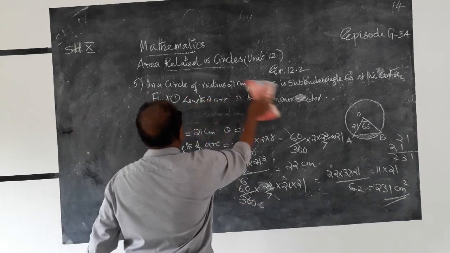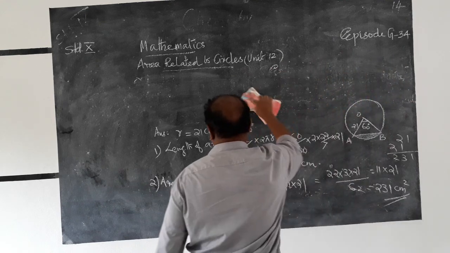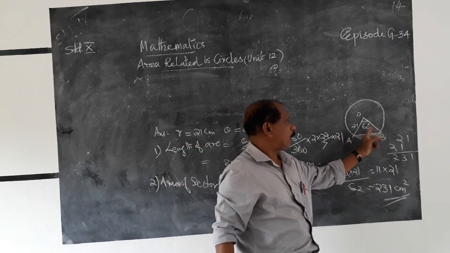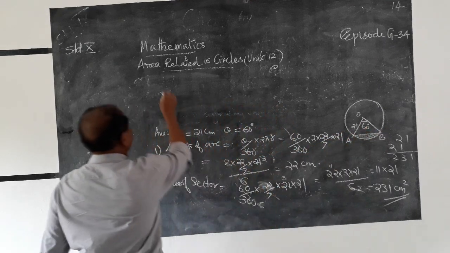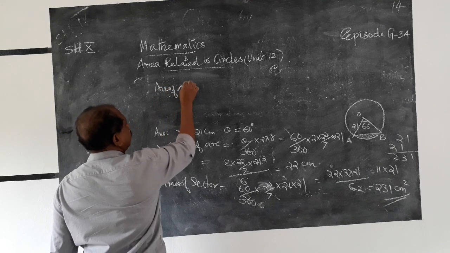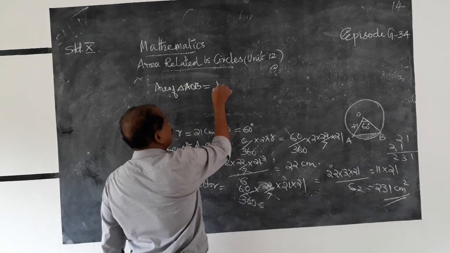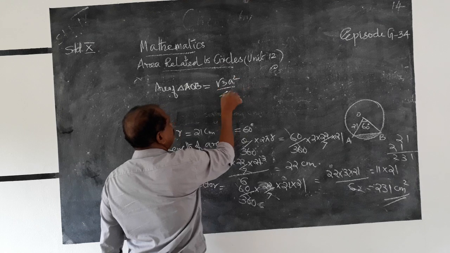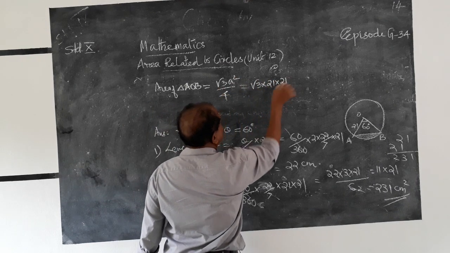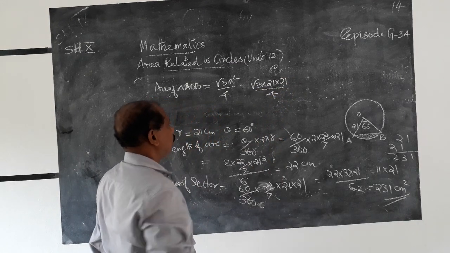That is the area of the minor sector. Okay. Then these angles are equal. Therefore, this is 60. Therefore, area of triangle AOB is equal to, that is an equilateral triangle, root 3 a square by 4, is equal to root 3 into 21 into 21 by 4. We get the answer.